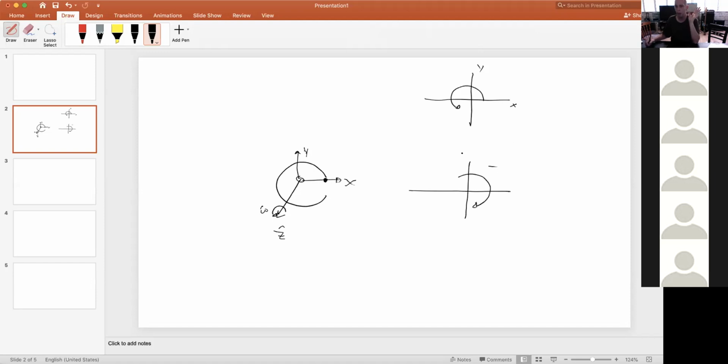And how you can remember that is if you just remember the XY plane that you've always done, you know that going this way would be a negative angle, right? The change of angle would be negative. The other way, if you can see my hand, is if you point your thumb at yourself, when you curl your fingers with your fist,